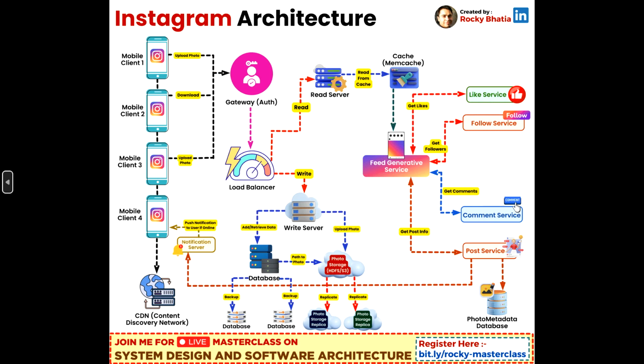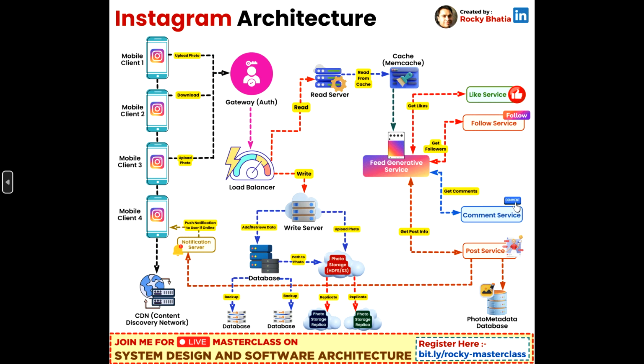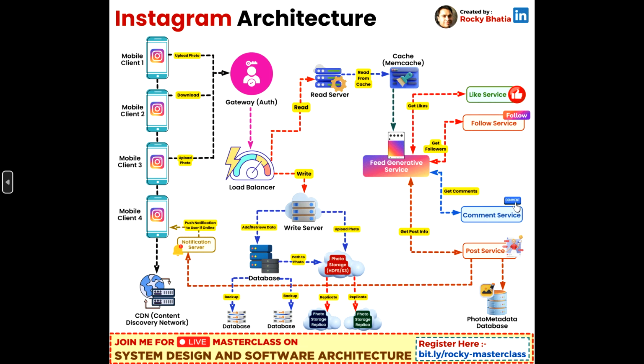Here we have multiple users. If you see this diagram, we have mobile clients 1, 2, 3, 4. They are uploading photos or downloading them from Instagram. They are doing events like uploading photos, downloading photos, or uploading posts on Instagram. In that case, whatever request is sent from this mobile client, or any Instagram application on iOS, Android or others,